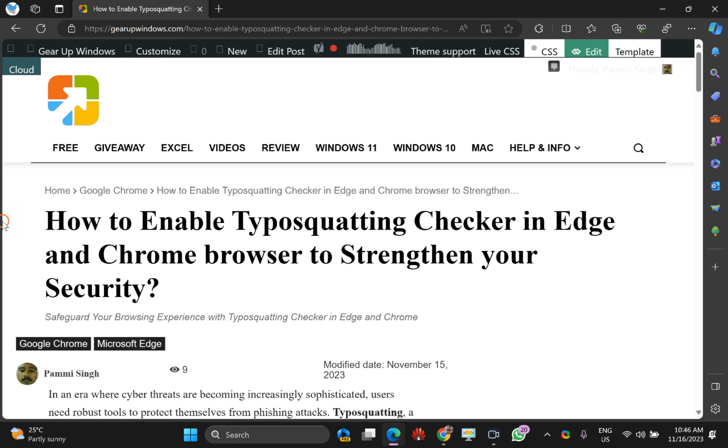In this video, we will guide you on how to enable typo squatting checker in Edge and Chrome browser to strengthen your security. What is typo squatting checker? This feature lets you